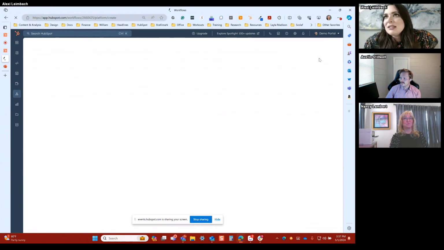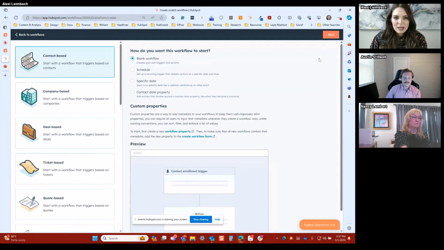This use case is based off of the priority the ticket is set as, whether it's high, medium, or low, because you can have ticket priorities. We want to create a task and have it due based off our SLA rules. If it's a high priority, we want that addressed immediately. If it's a medium priority, we have 24 hours to get it addressed and closed. If it's a low priority, we have 48 hours. So we want tasks assigned to the ticket owner saying, get this done in X amount of time or immediately.